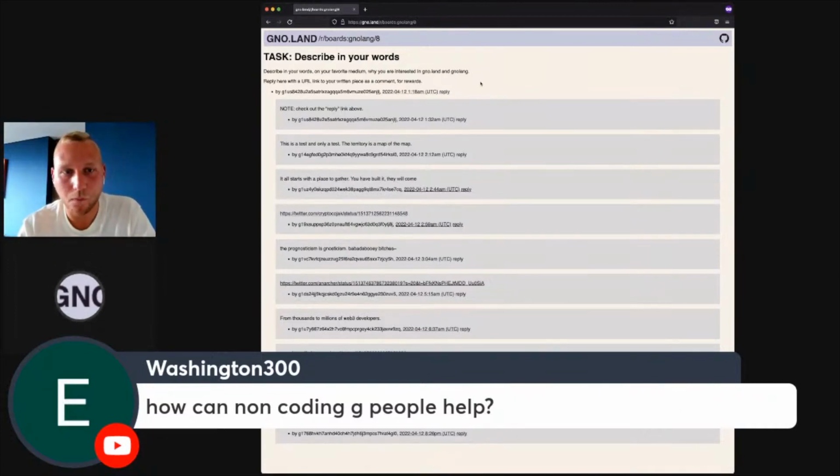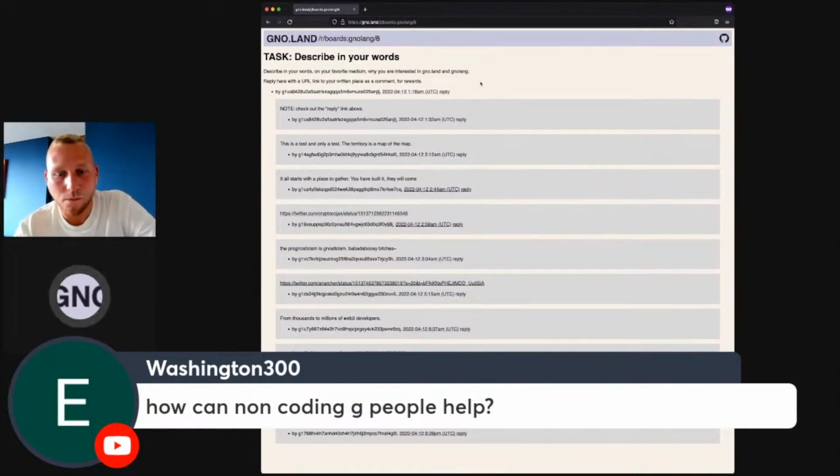Learning Go would be a good start. It's a great language to learn. I know not everyone can learn programming languages, but it's definitely going to be a good start for when this becomes available for smart contract scripting for production. And just try to follow and read the code.